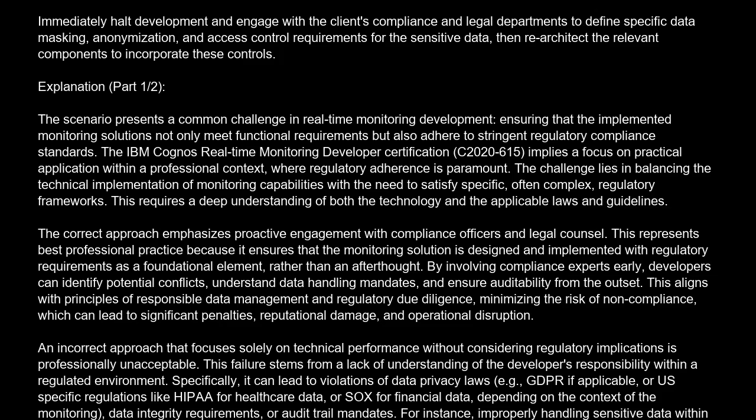The correct answer is A. Immediately halt development and engage with the client's compliance and legal departments to define specific data masking, anonymization, and access control requirements for the sensitive data, then re-architect the relevant components to incorporate these controls. Explanation. The scenario presents a common challenge in real-time monitoring development, ensuring that the implemented monitoring solutions not only meet